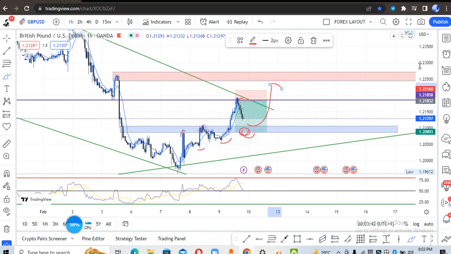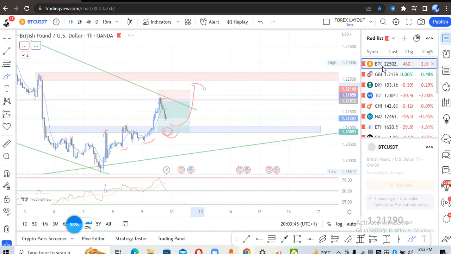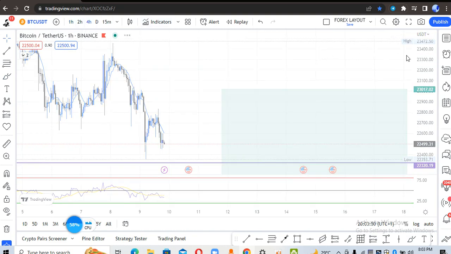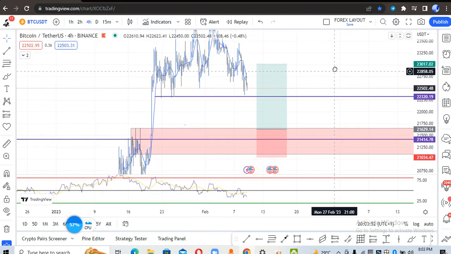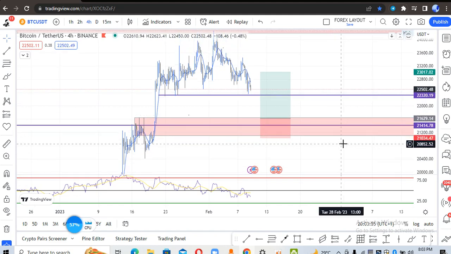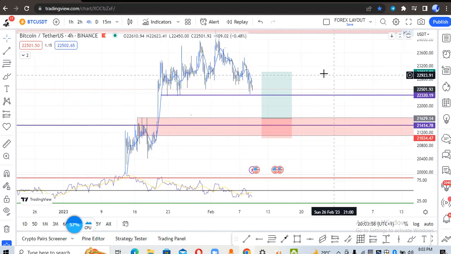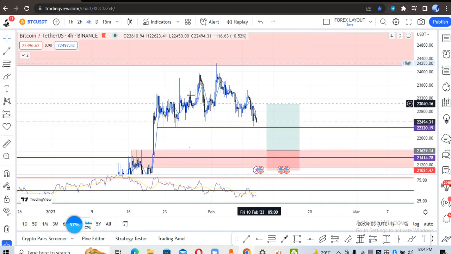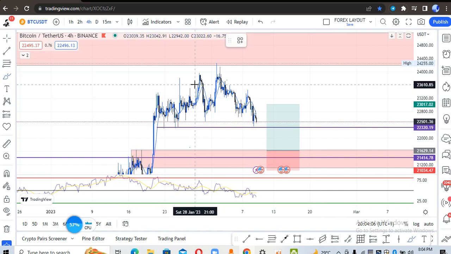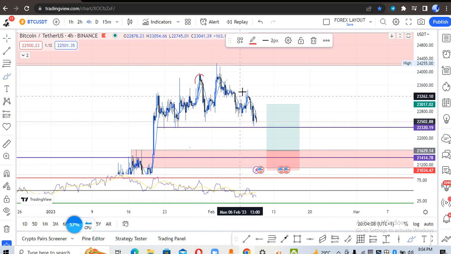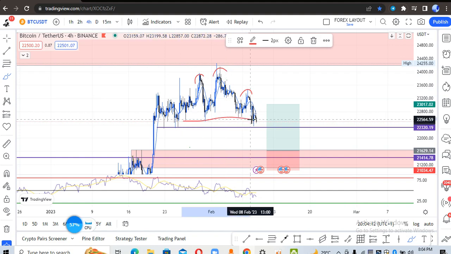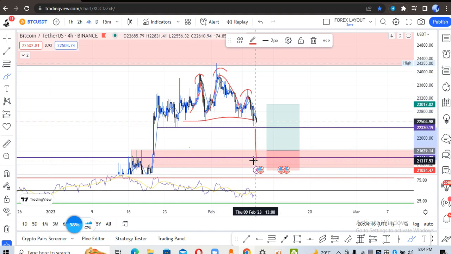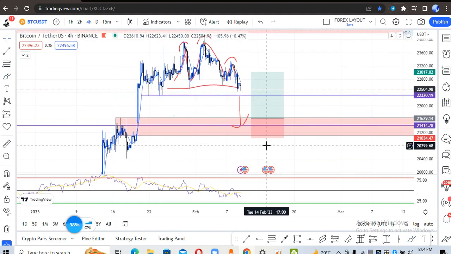Now let's move over to Bitcoin and see what Bitcoin has for us. Currently, like I told you guys in my previous video, I am not holding any Bitcoin trade as of now, and the reason is because I am expecting a peculiar move from Bitcoin, which I am still patiently waiting for, and I think something is forming right here that might push this move anytime from now. As you can see right here, this is not actually a perfect heads and shoulders, but I think this somehow is going to push Bitcoin down to my target. I'm still targeting 21,600.